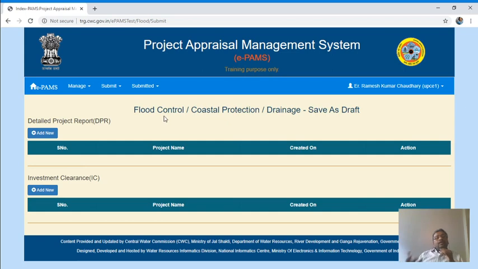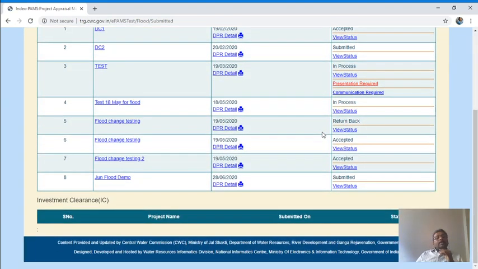So to see the status, you will have to go to submitted, flood control. You can see June flood demo is here, it is still submitted, and view status. CWC starts working on it, the officer will work, and in progress it will show the status.